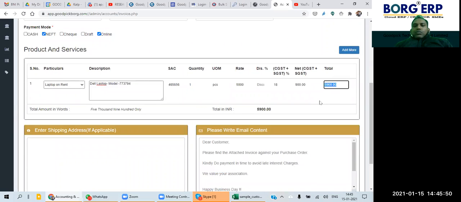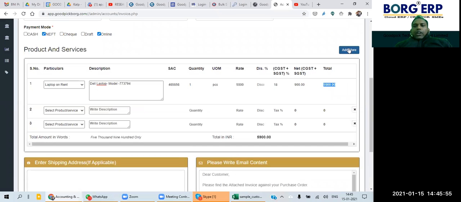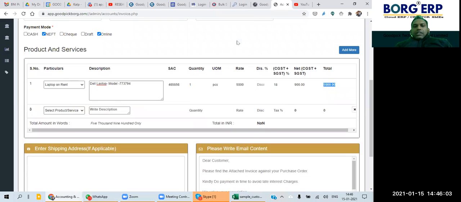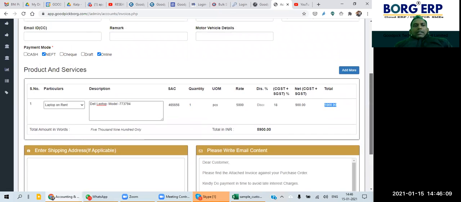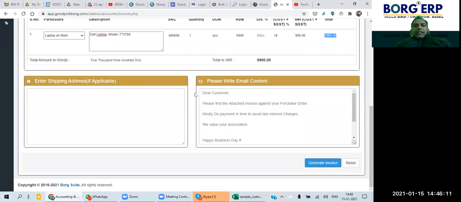If I want to add more services or products, I can click on add more. So I'll have the same kind of box detail. If I don't want to use it, I can cross it. So I'm just crossing it, and when I cross it, it also asks if you want to cross or not. Okay. Then a complete detail is there.